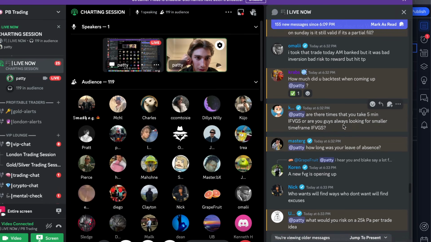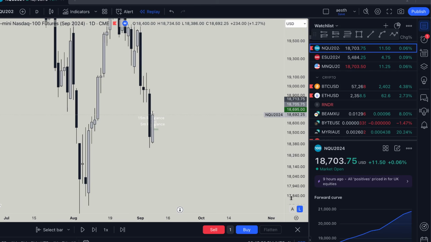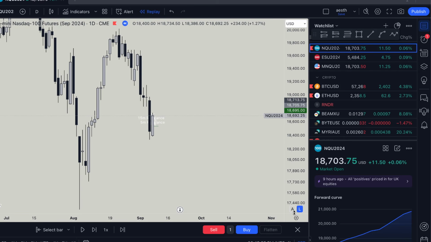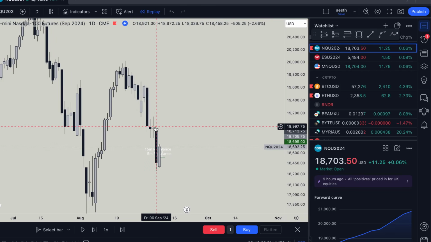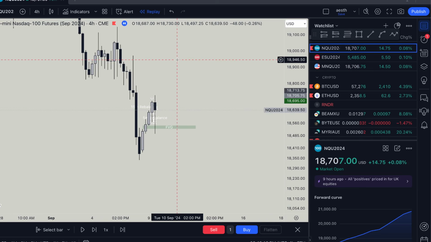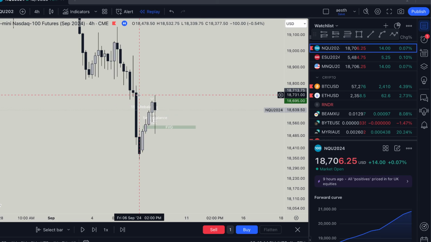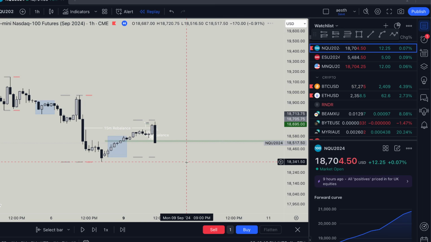Is the Sunday volume imbalance still valid if it's a partial fill on Sunday? The volume imbalance on Sunday. Anyways, those volume imbalances, whichever one you're talking about, which I don't know if I'm just being blind right now, but